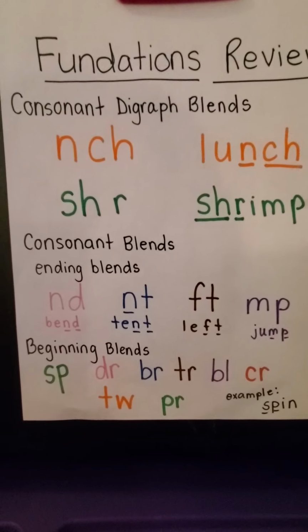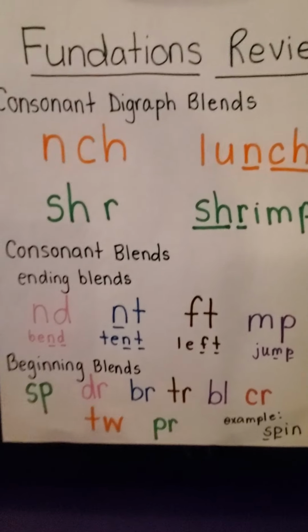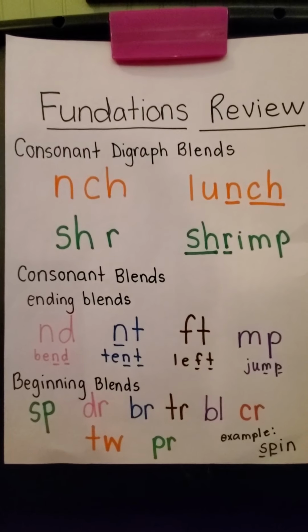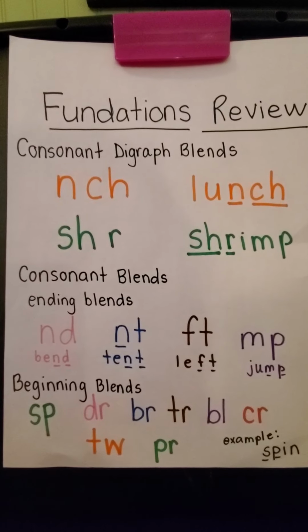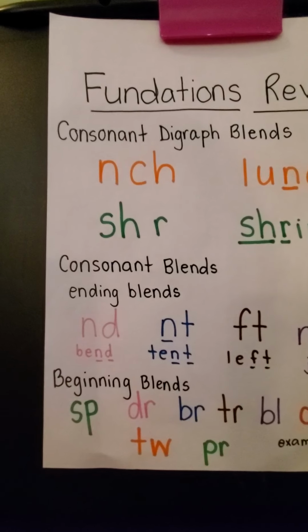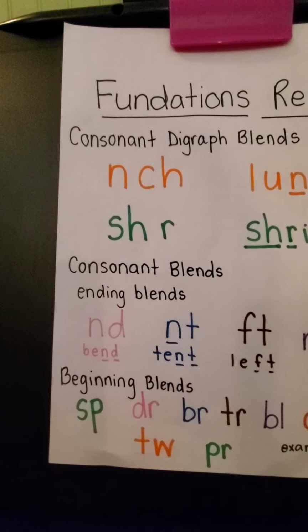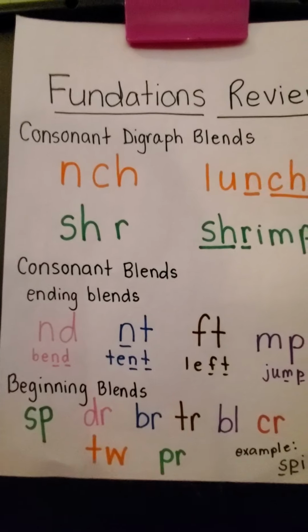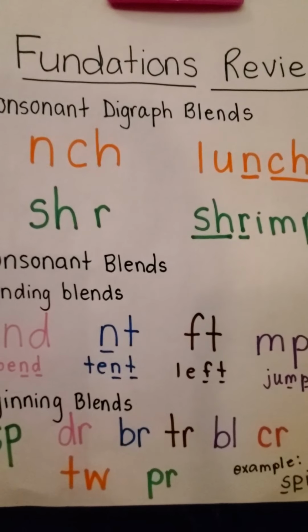Then we have some consonant blends. That first group there are ending blends. That means that you'll only see them at the end of a word. The first one is nd, like bend; nt, like tent;